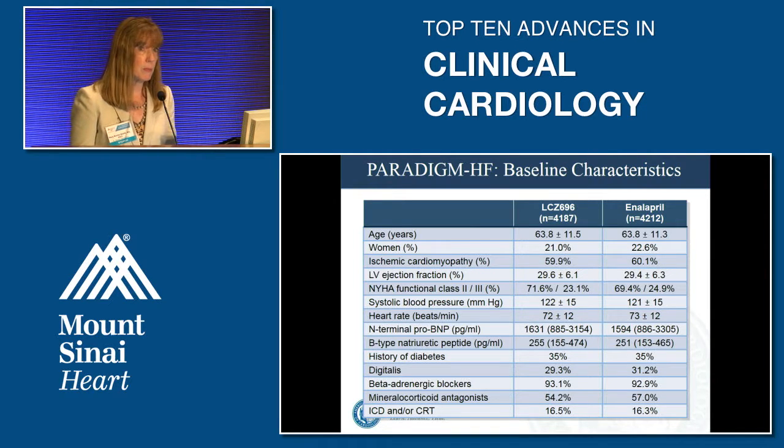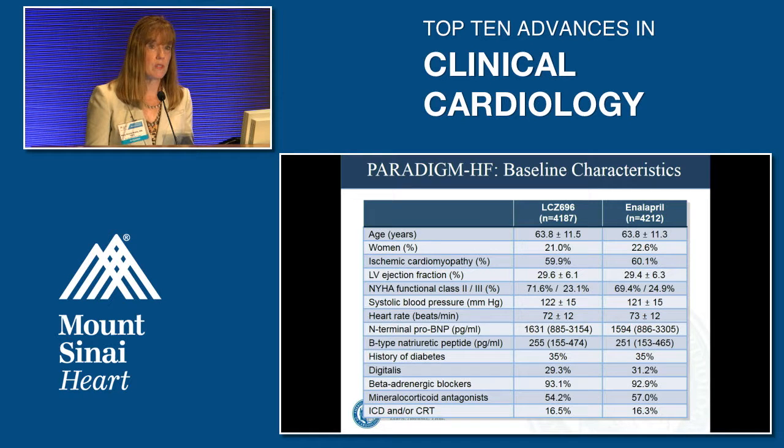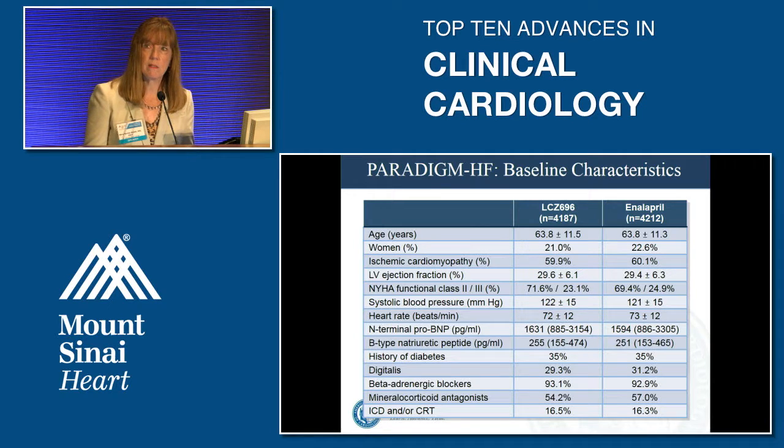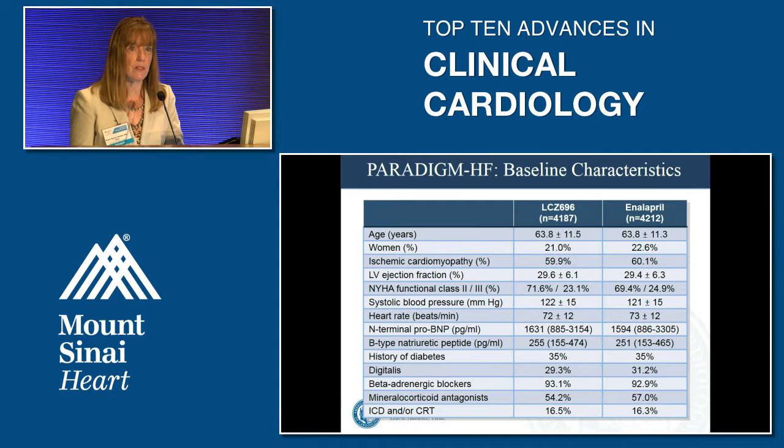The mean systolic blood pressure, pretty substantial in this patient group who had HFrEF, was 122 millimeters of mercury. In addition, you can see the medications patients were on, pretty good heart failure medications, lots of beta blocker use, not too much mineralocorticoid antagonists, although this is what we see in general population studies as well. Importantly, probably because the study was done primarily outside the United States, very low use of ICD or CRT in